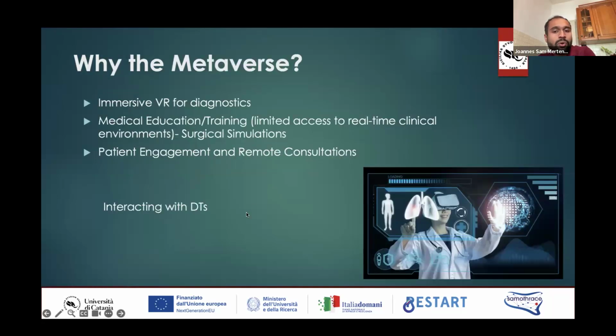And okay, so first of all, why do we go for metaverse? It's a revolutionizing thing right now, and it's getting a lot of attention, even in healthcare. So first of all, it provides an immersive environment for the doctors or the physicians to do diagnostics, to do analysis, to do real-time monitoring. Second is,